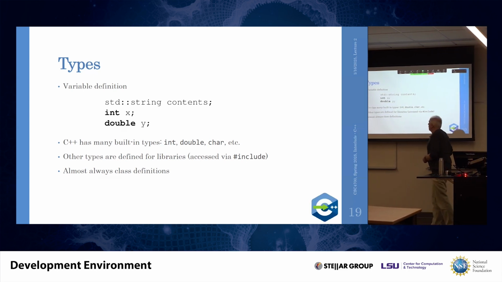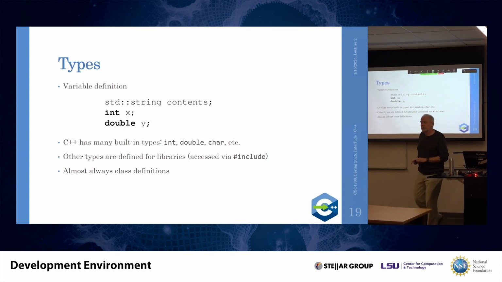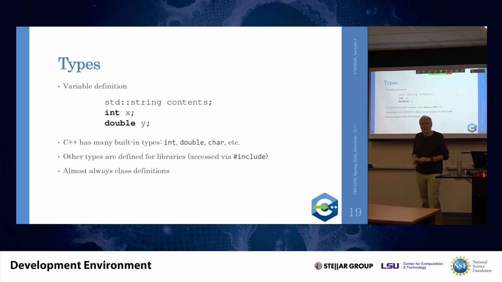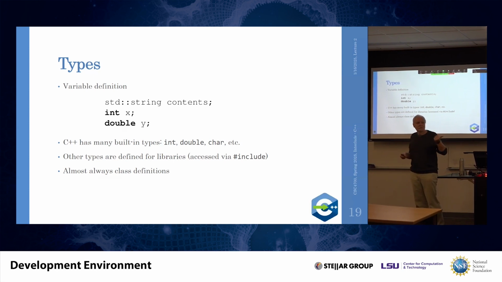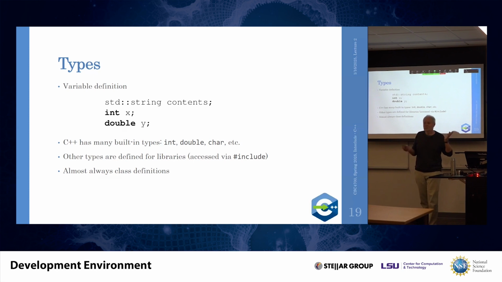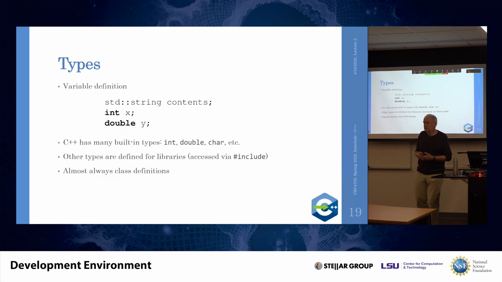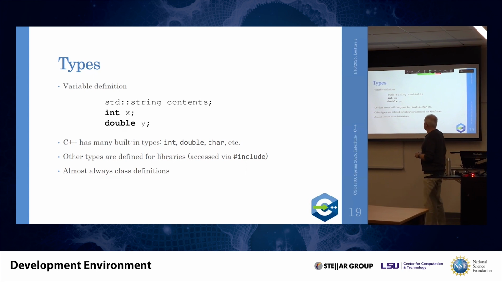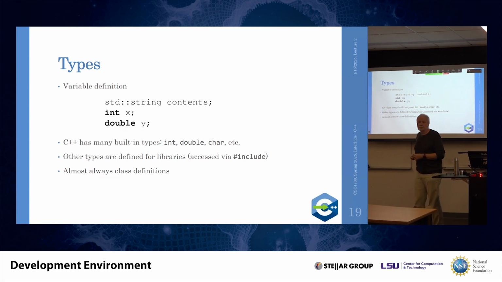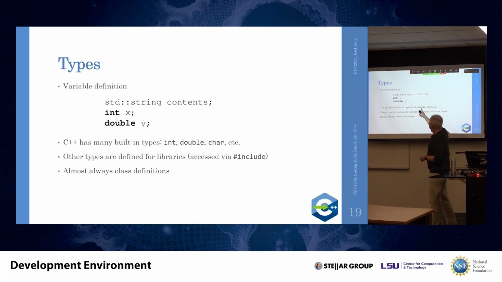Very simple. We have many built-in types. There are 7 main built-in types. Does anybody know the 7 main built-in types in C++? Well, 3 of them are listed here. Integers, doubles, chars, floats, what else? Boolean, shorts, longs, this kind of thing. So it's a very basic set of built-in data types that can be used essentially for integer and for floating point operations.